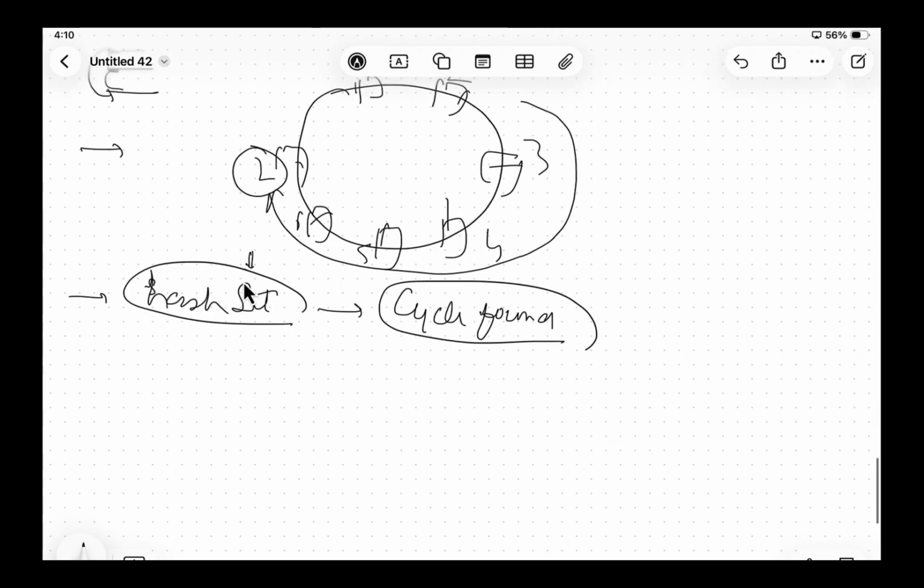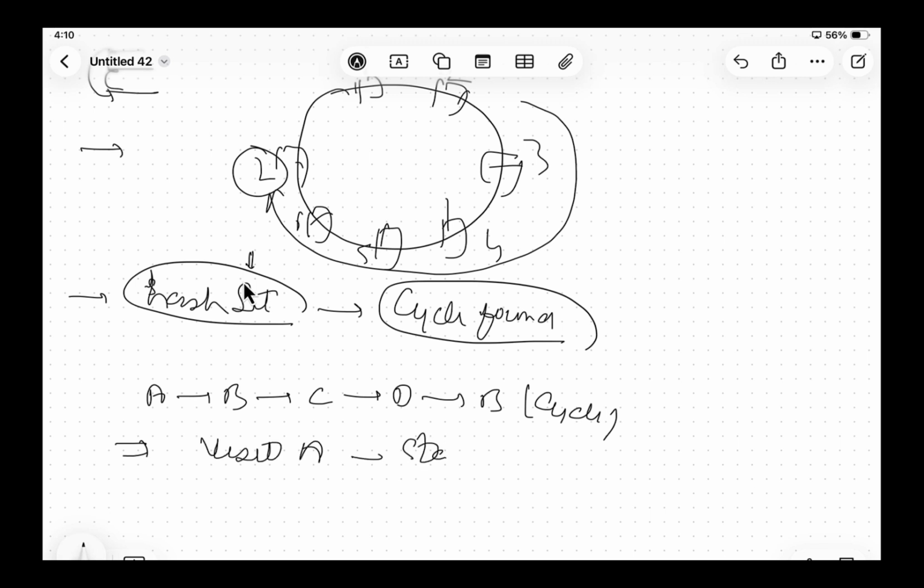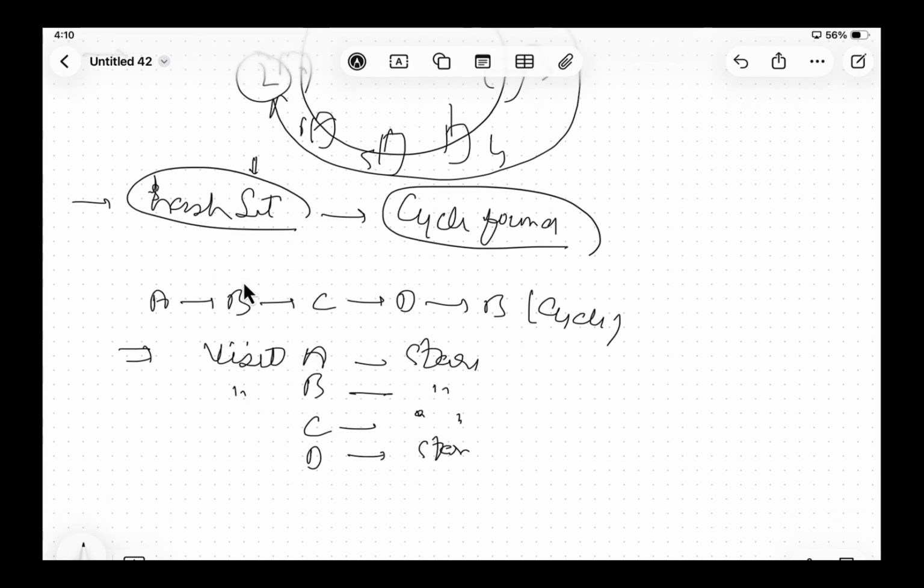If I give you one more example, suppose A, B, C, D, again B, a cycle is there. How are you going to write a program for this? We are going to visit A, store, visit B, store, visit C, store, visit D. Till here it's okay, we didn't get any sign of a cycle. But when B comes, it already exists,